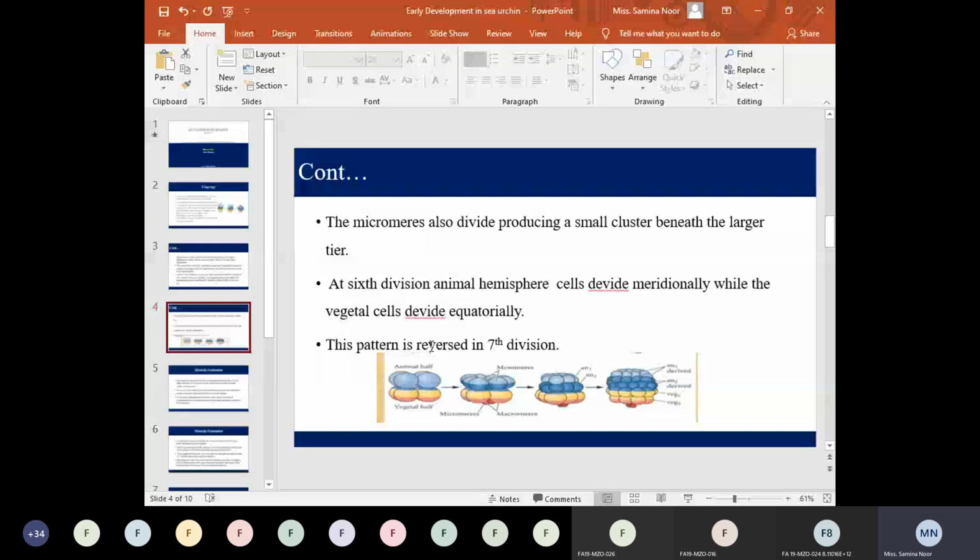So in case of the sea urchin, the first 7 divisions are known as the stereotypic divisions. So what is meant by the stereotypic division? Actually, all members of the same species have the same type of cell divisions or the same pattern of division. Such divisions are known as stereotypic divisions. क्योंकि एक species के जितने भी members होंगे उन सब में जो first 7 divisions हैं वो एक ही pattern की होती हैं, जैसे हमने CHN में यहाँ पे discuss कर लिया. Later on जो pattern है वो irregular हो जाता है, ठीक है, that is not the stereotypic divisions.